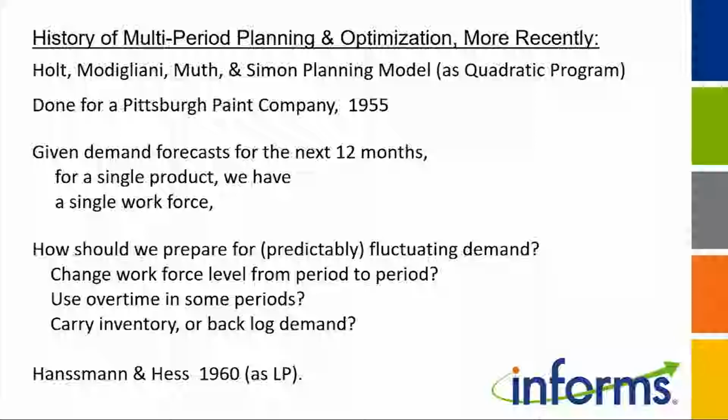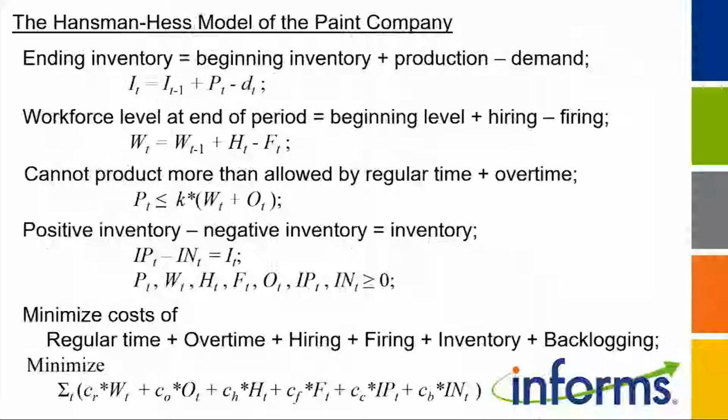I don't mean that they were unmarried, I simply mean that there was only one type of labor available. So Holt, Modigliani, Muth, and Simon used essentially calculus to solve the problem. They represented all cost curves by quadratic functions and solved that problem. Hansman and Hess's contribution was in 1960 to formulate the problem as a linear program. And here is essentially the Hansman and Hess formulation, and you don't have to go through every particular constraint, but